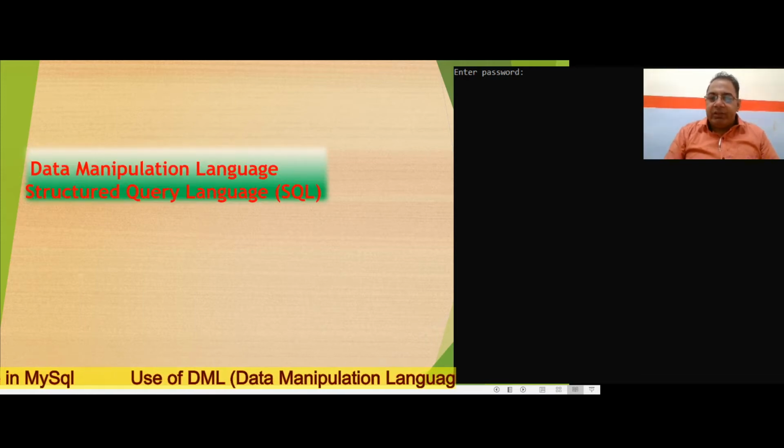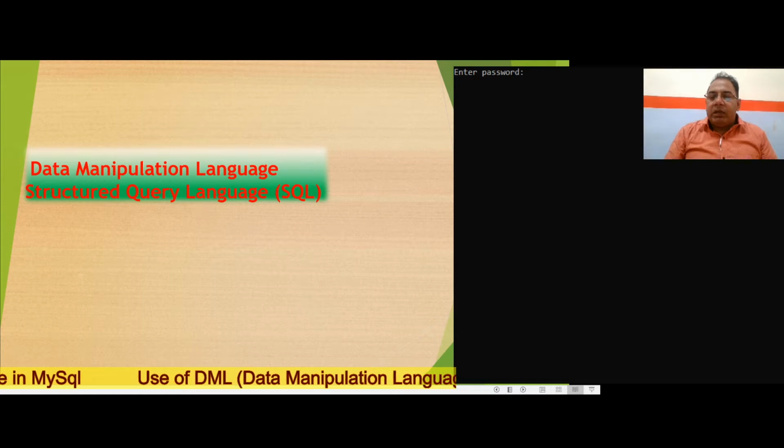In the previous lecture, we discussed structured query language and introduced you to MySQL. We also studied the type of command which is DDL, data definition language, where we considered all the commands which can be used to create the structure of a table.